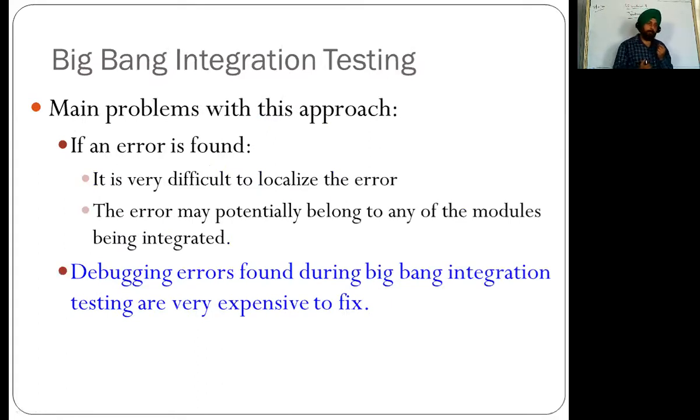The main problem with this approach is that if your system is very large, it is very difficult to trace a localized error at a particular place. The main advantage is that it is very easy testing, but it suits only small systems. If the system is large, the error could be found, but tracing where that error is becomes a little bit difficult in Big Bang integration testing.